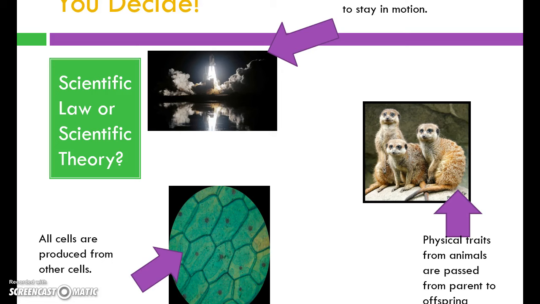Next one, bottom right, with the cute little meerkats that you can't read fully, I apologize, says physical traits from animals are passed from parents to offspring through units called genes. Okay, and this one